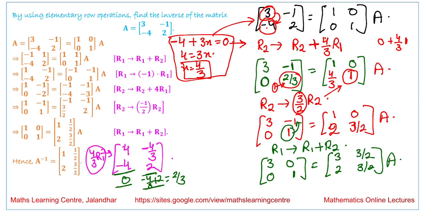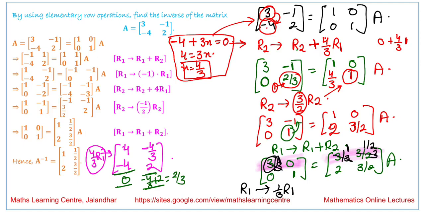Now we are going to add the elements over here, it is 3, this will become 0. When we add this it is 3, this is 3 by 2. Now look at this row 1. This element over here is 3, we want to change it to 1. So we are writing row 1 approaches 1 by 3 times row 1. We are dividing it by 3. So this element will become 1, this element will become 1, and this element will become 1 by 2.